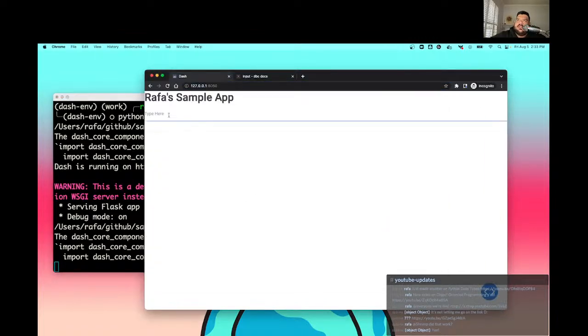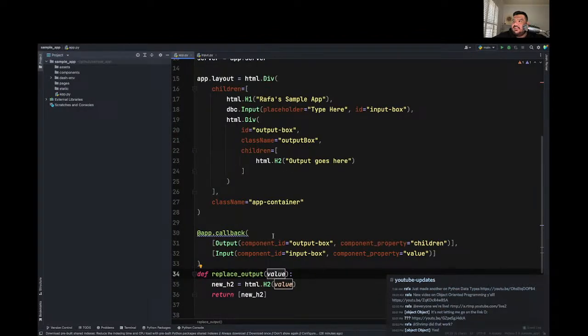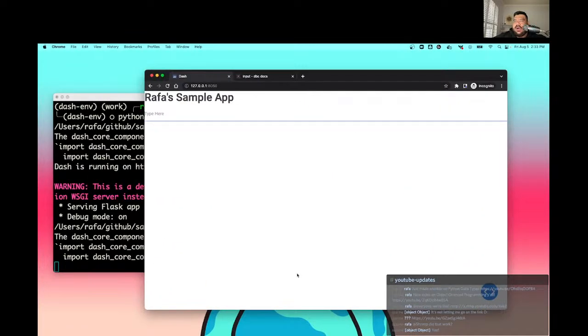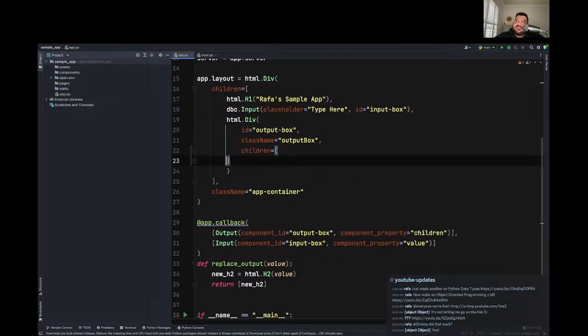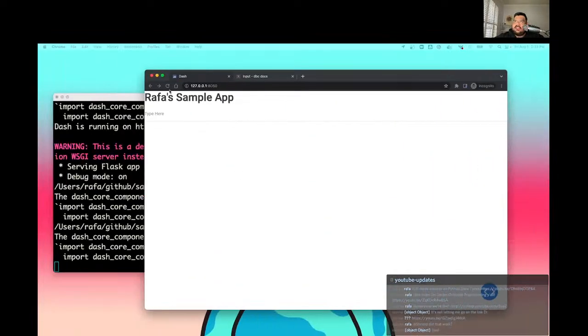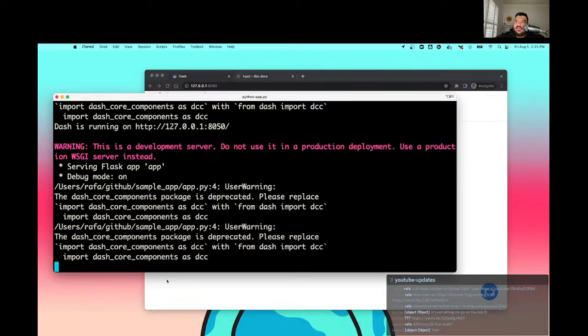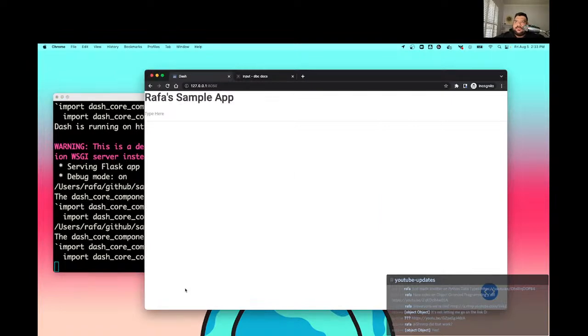Cool. Now it's not loading anything here. And why? How come? Let's see if we can figure that out. I don't know if anyone's still there listening to me, but I don't want to just ask a question into the void, though I might be doing that. How come when we load our app now, we're not even seeing the output box? Like, I don't even need this anymore. I could just do this. Why? Well, it's because